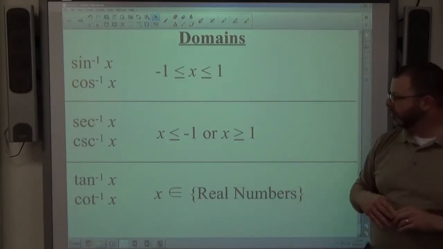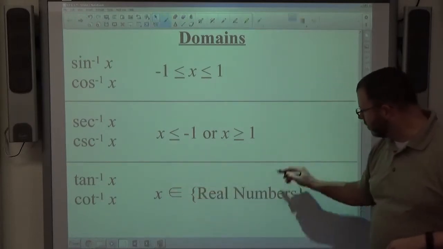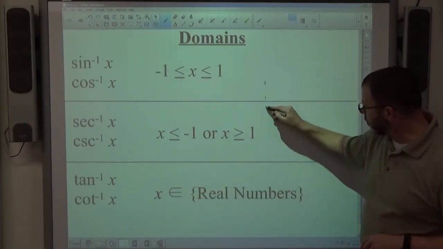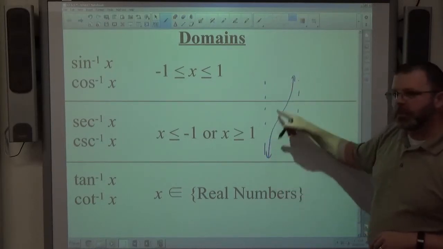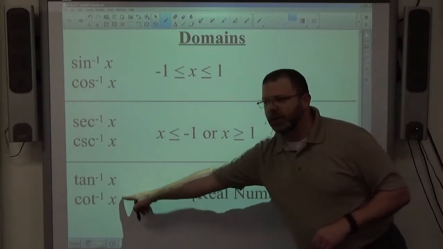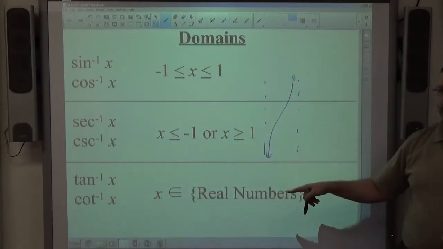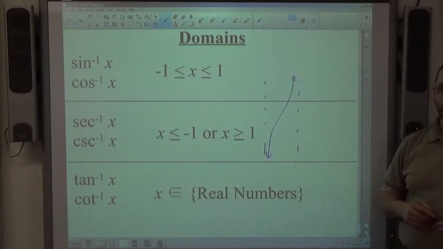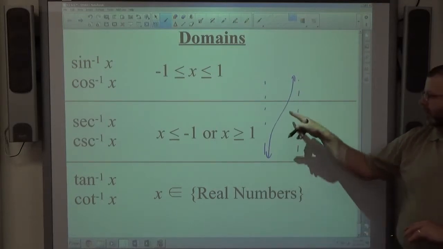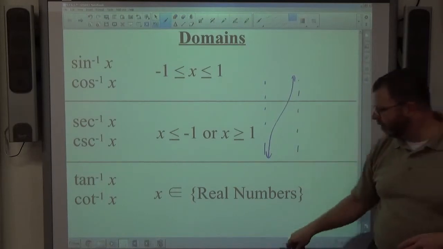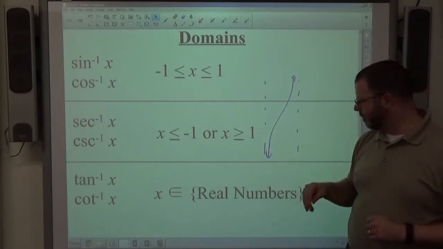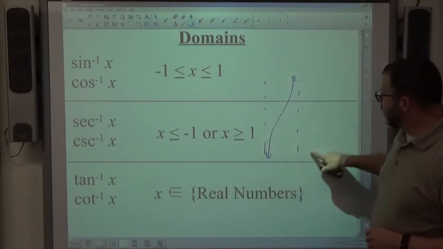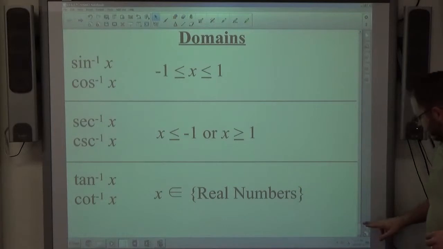So again, that's possible. Tangent and cotangent, their graphs between asymptotes, of course, go like that. Every real number is hit. So the input for inverse tangent and inverse cotangent is any real number. If it says inverse tangent of 5,847, it has an answer. Inverse tangent of 0 has an answer. Inverse tangent of negative 1 has an answer, and so on. So these are easy to get along with. Any number you can put in. As far as the ranges, the outputs, the answers themselves,